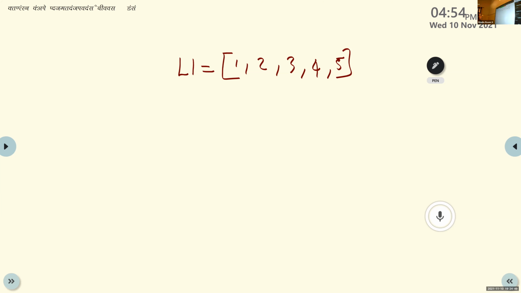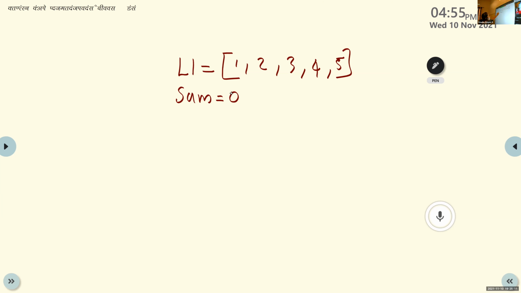For that, first you give one initial value 0 to a variable sum. Sum is equal to 0 means I want to store the result of this addition into this variable sum.